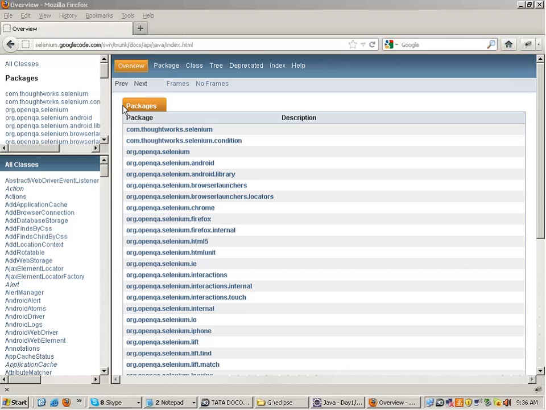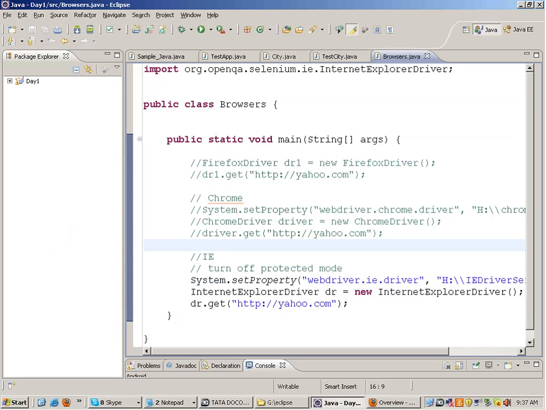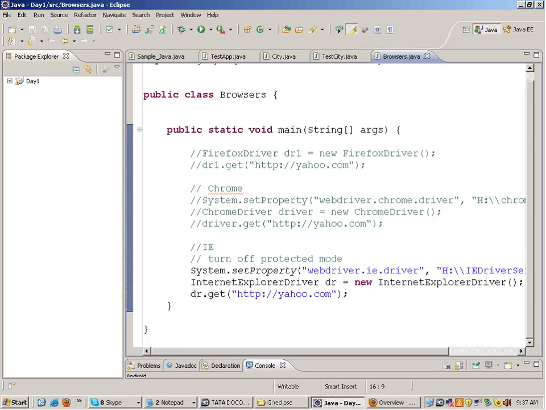Now, this is the Java doc for WebDriver, and the Java doc for RC is actually very small. The number of classes is very less, right? A lot of new features have been added. We have different classes and everything. For example, one of the differences which I can let you know right now is that suppose you are performing a click operation in